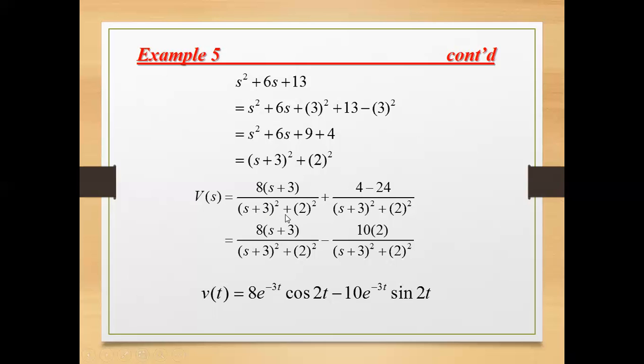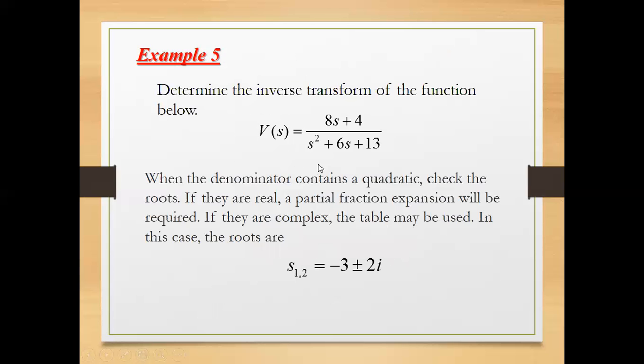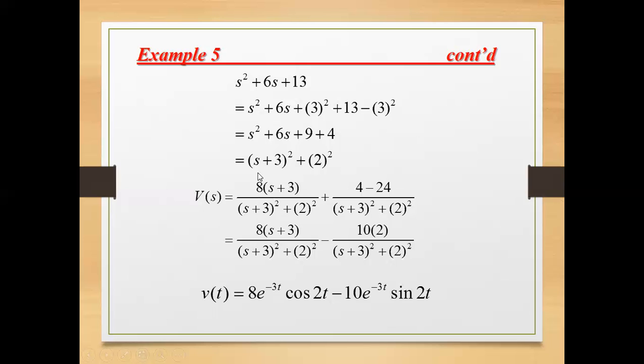So in this case, you will need to reflect the shifting manner of s plus 3 in the denominator in your numerator. Now, what happens if you do that? Your numerator now will be 8 times s plus 3, which gives 8s plus 24. Now notice, class, that what is given is just 8s plus 4. So you have already altered your numerator. What did you learn about altering or mathematical modification? If you add something to something, subtract it to that same expression.